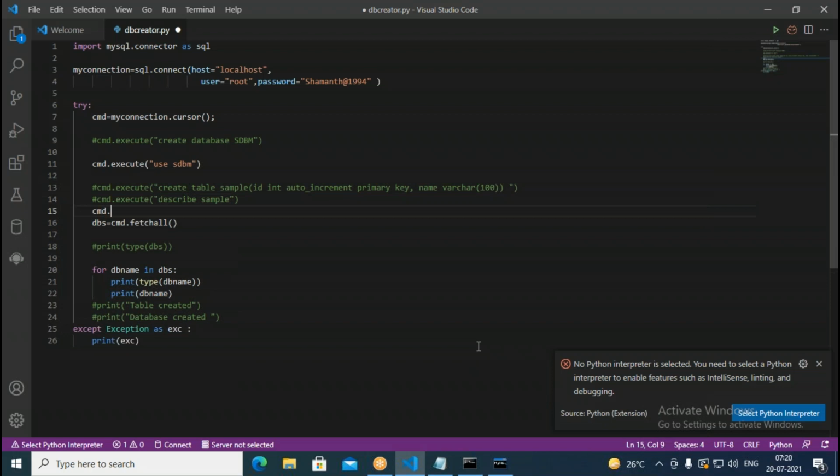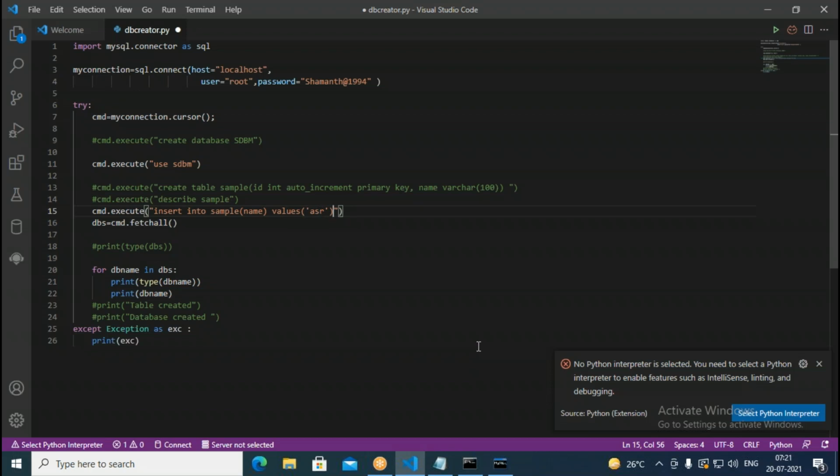So cmd dot execute. Then I write here the insert into command. Insert into the table name, which is sample. What column do I have to insert here? Only name. I cannot insert the first column, the reason is it's auto incrementing. Automatically the value comes there. I put here values, followed by some name here.